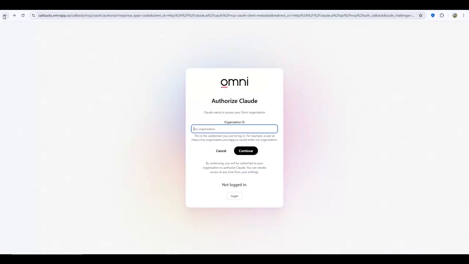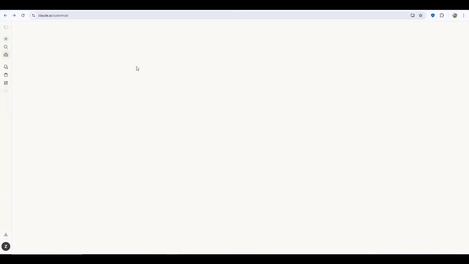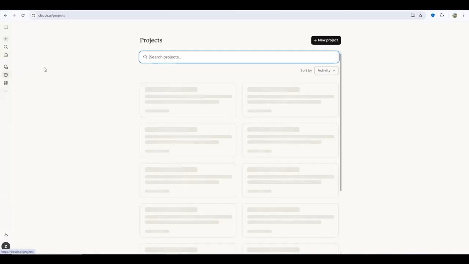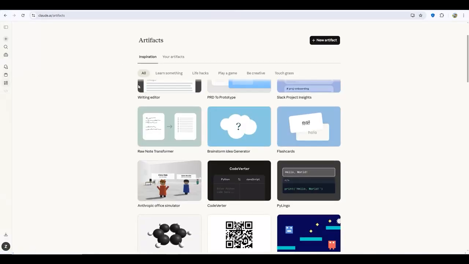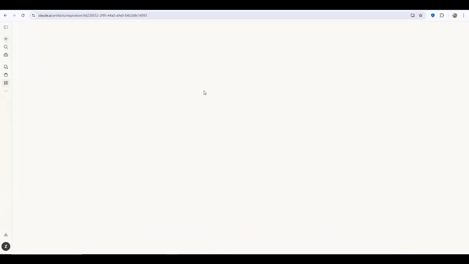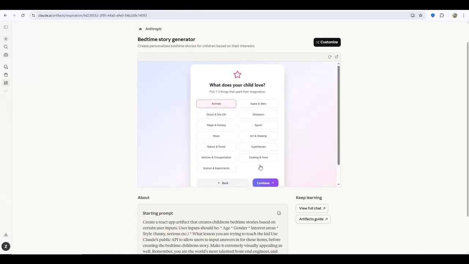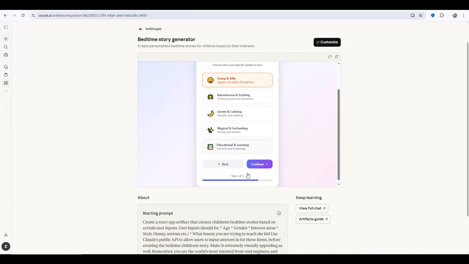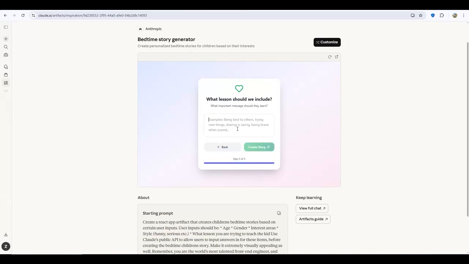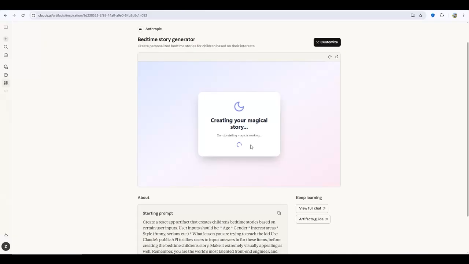To get started, open your project folder and create a configuration file for your MCP server. This is usually a JSON file where you define the server name, command, and environment settings. Next, install or set up an MCP-compatible server, such as a local tool or API service you want Claude to access. Then, update your config file with the server details, including the command to run the server and any required